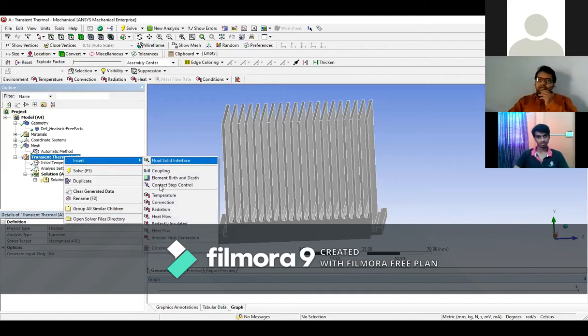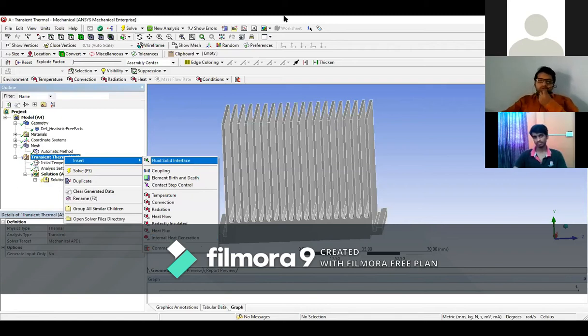These boundary conditions are available: the fluid interface, solid coupling, element birth and death, contact step control, temperature, convection, radiation, heat flow, perfectly insulated, heat flux, internal heat generation.